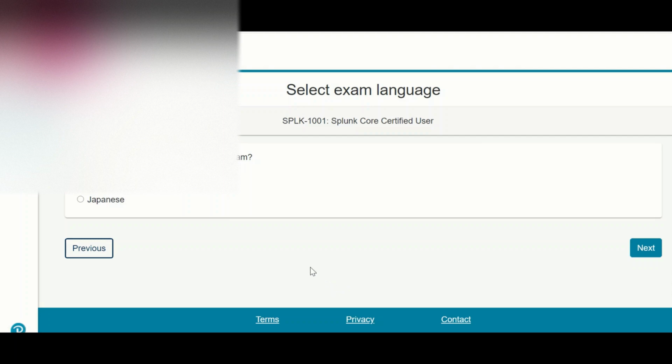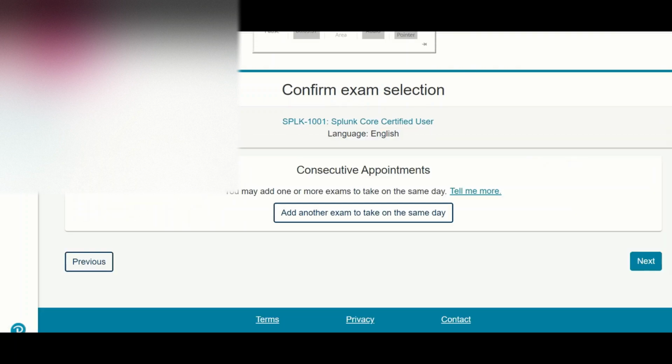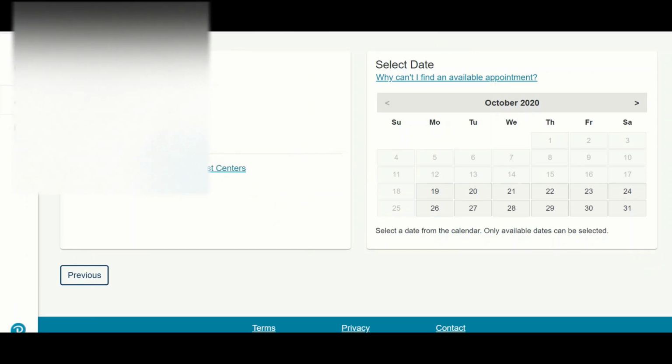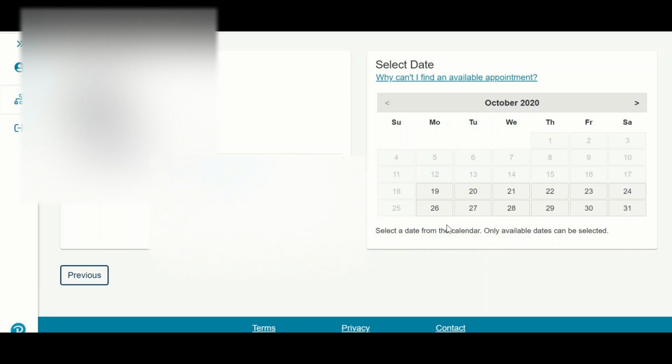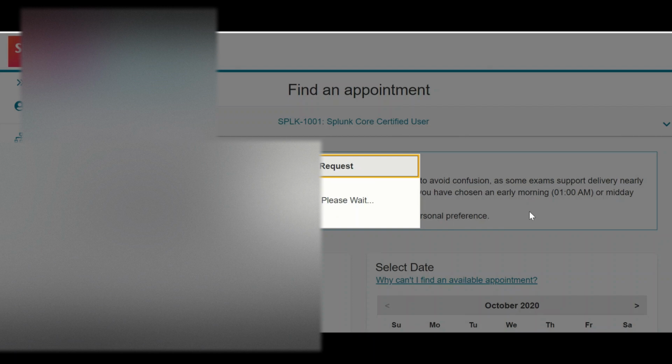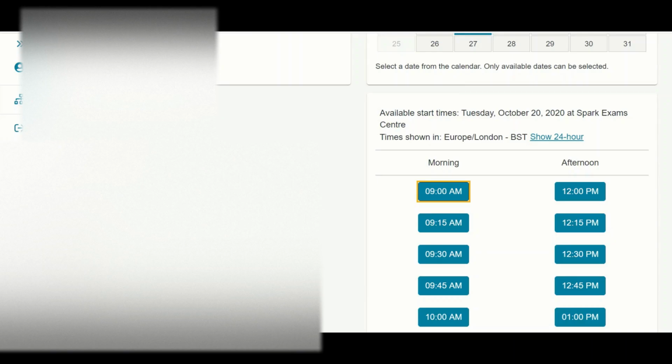To do that, I am pausing the video for security purposes. Now on the right-hand side you will see your test center details, which I have blurred out. From the calendar you can select the date on which you want to attend the exam, and then select a time.